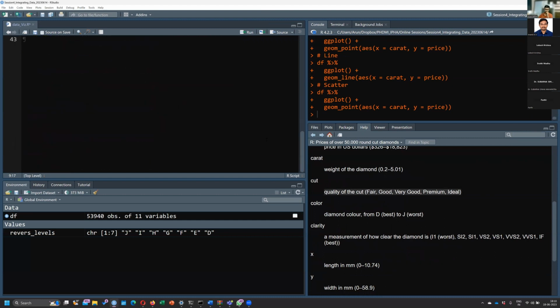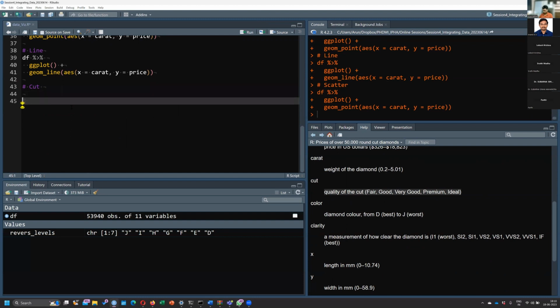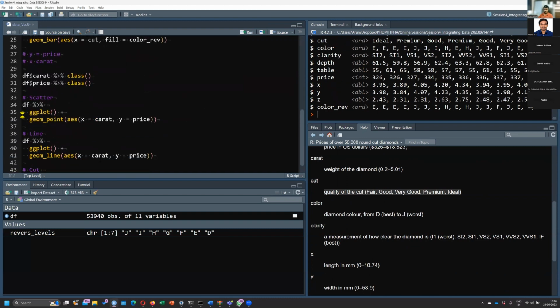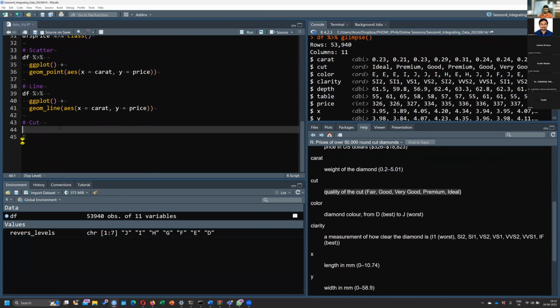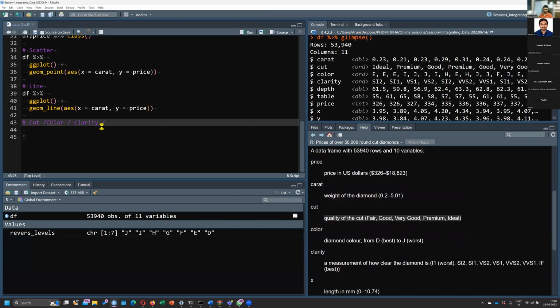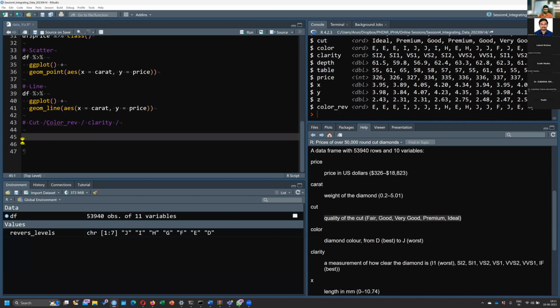Let us look at cut. Cut is also important, sir. But everything that is ordinal might be influenced. In that case, let us look at all the ordinal variables: cut, color, then clarity, then depth. Depth is not ordinal, depth is a continuous variable. I'll say color reverse. Is that okay with you guys? Great. So we'll take this plot